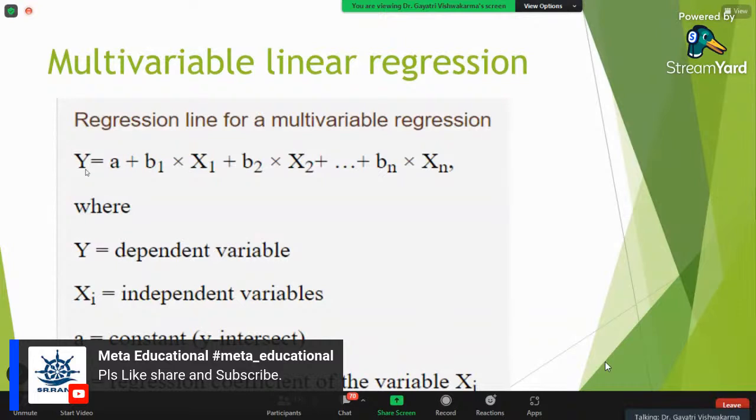So what happens here: y is equal to a plus b1 x1. As per your independent variables, your regression coefficients will increase. For each and every independent variable, one regression coefficient will be calculated for the model. You can have n number of independent variables in the model. Let's say I am collecting information on 100 independent variables, and I am interested to know a couple of variables which are significantly affecting y, very significantly. Okay, not only clinically,